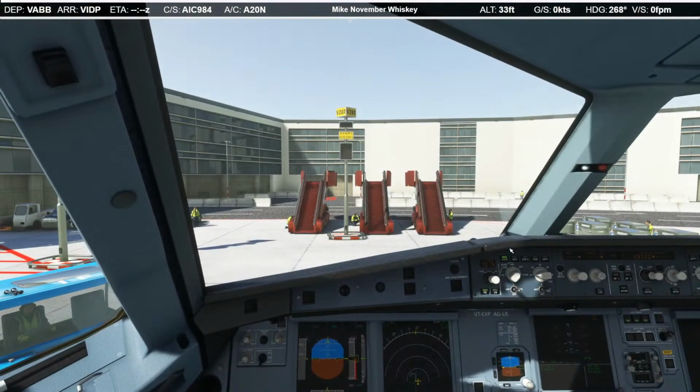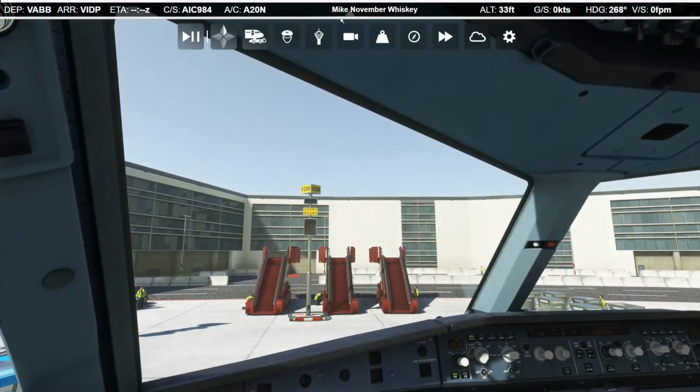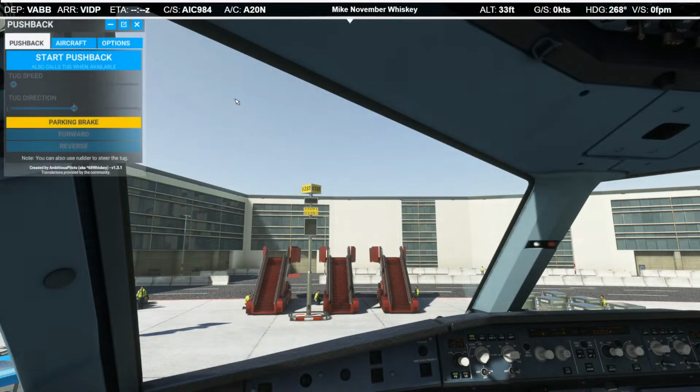Excellent. That was really, really quick. Definitely making up for lost time. So we're going to skip the emergency briefing for now. And we're just going to do our before start checklist. And before we do that, we're on APU, so we'll disconnect from external power. And cockpit prep is complete. Gear, pins, and covers. Oh no, we haven't actually called the tug yet. So let's call the tug and then we'll do our before start checklist.